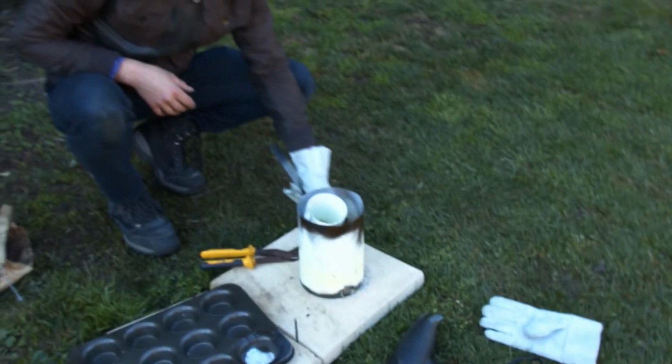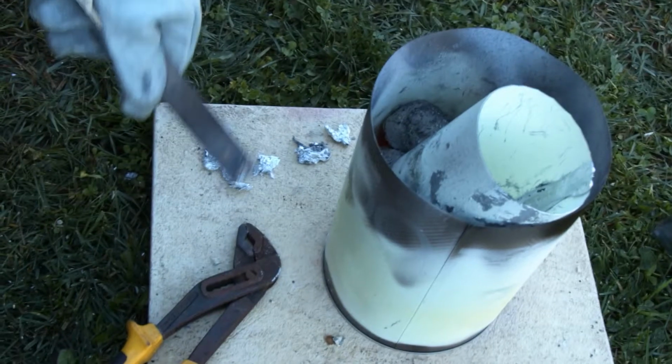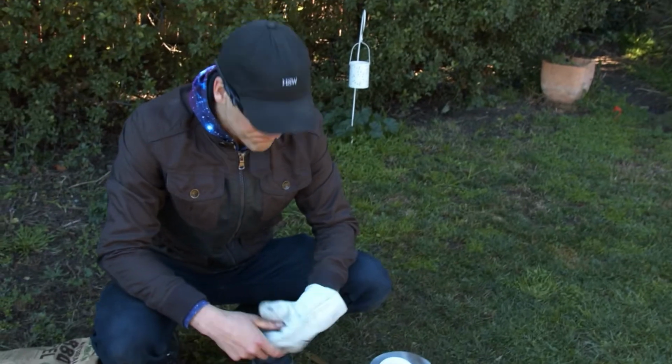It's all this slag left over. There's still some aluminium metal in there, but the black bits were from charcoal that fell in there, and some burnt off plastic. I try to always scrape off bits before a pour. But while we wait for this to cool down, I'll just explain a few